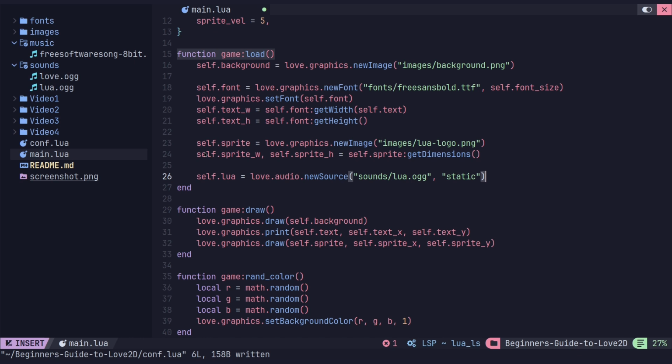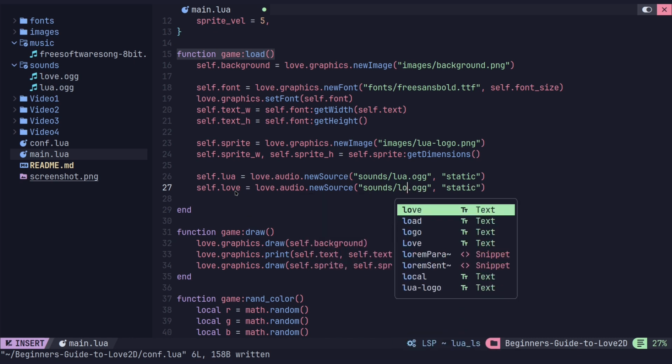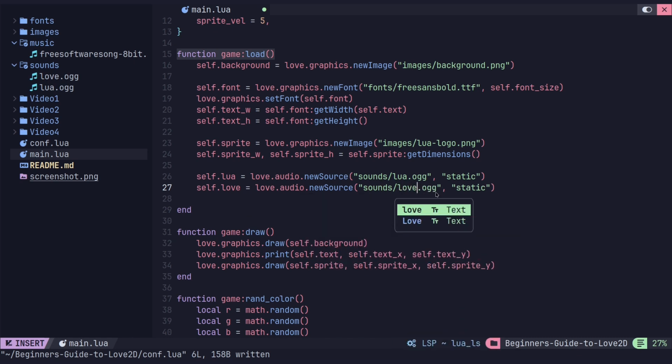And we have one that's called Lua, and we also have one that's called Love. So why don't we just grab this file right here, and we'll just copy it. And we can change it to Love as well. And we'll change the file name to love.ogg, and it's still a static. Okay, and the way that we can play these,